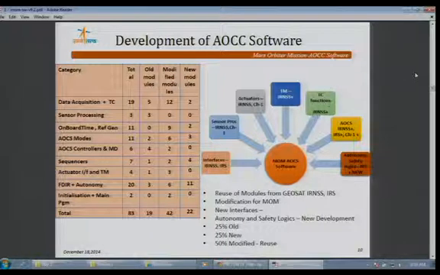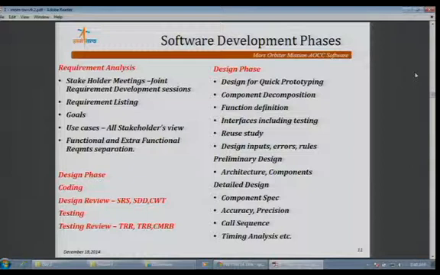Another advantage of the reuse of modules is that the Mars Orbiter Mission is giving a lot of input and feedback to our future missions, and they give feedback back to the missions of the IRNSS and GeoSat programs. There is a major advantage we find in this reusability of the various modules. Next slide, please. The various development phases being carried out start with requirement analysis. Basically, joint sessions are held because various stakeholder groups are involved.